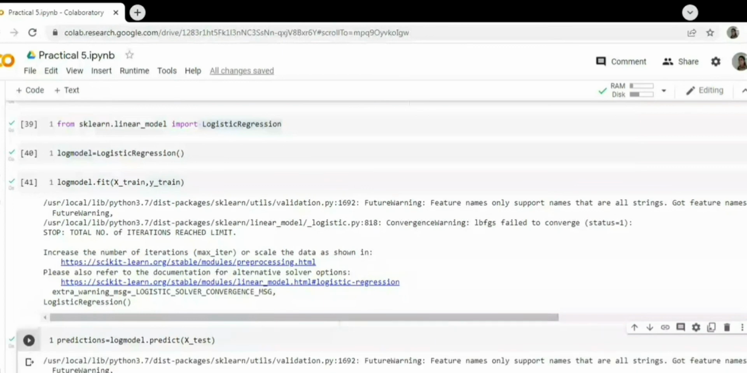Then prediction. What is the prediction? Predictions will depend on your X test. So predict on X test. Once you do this,